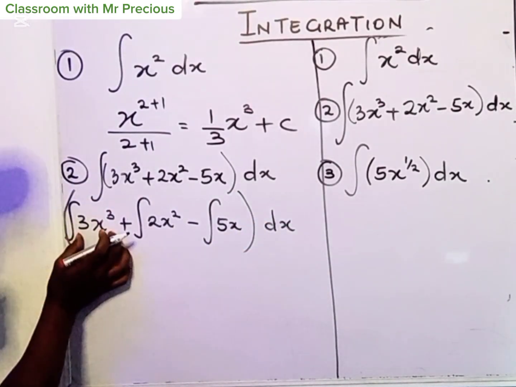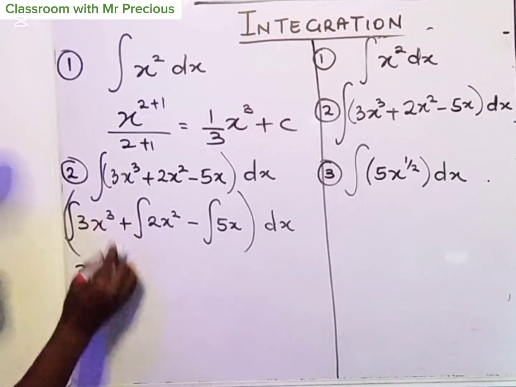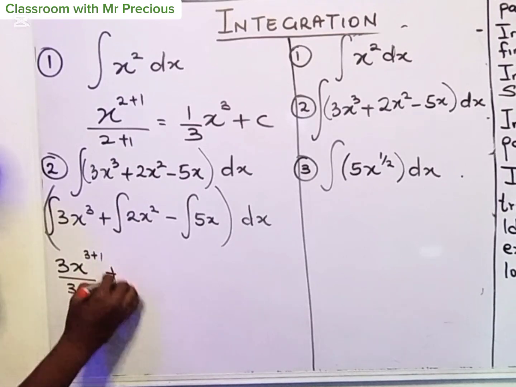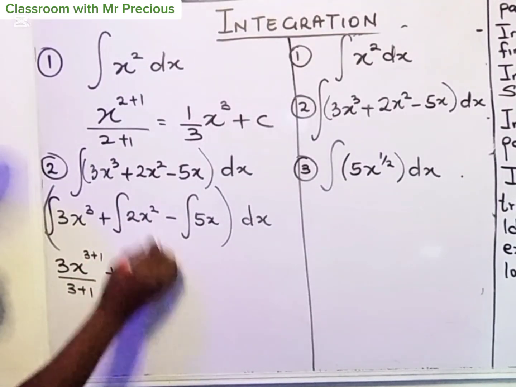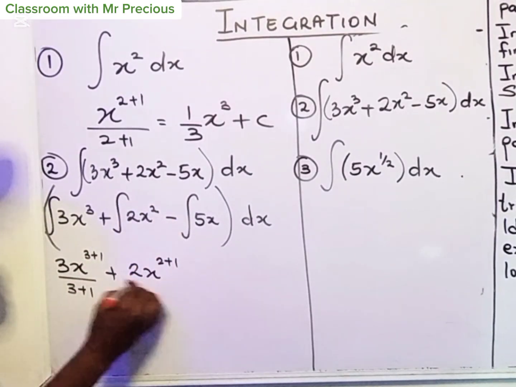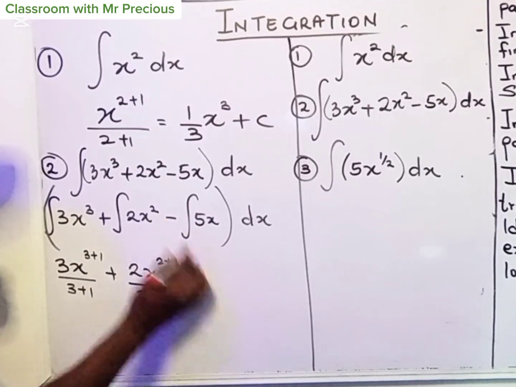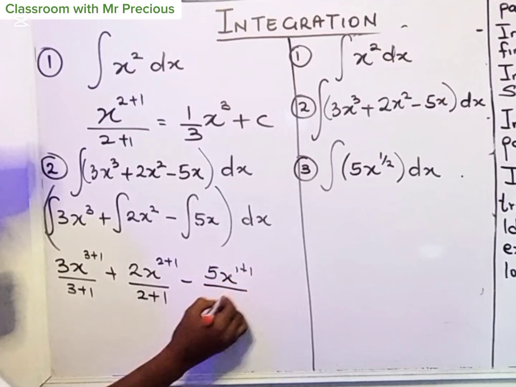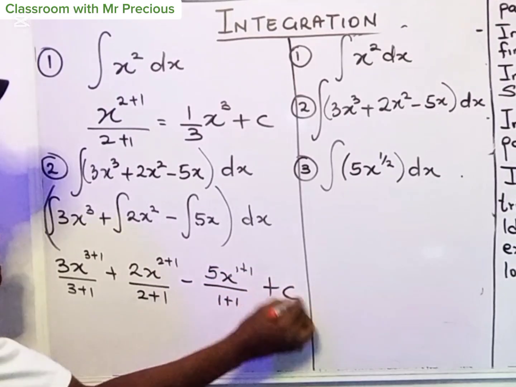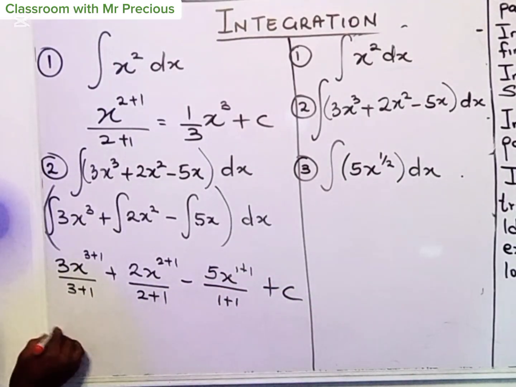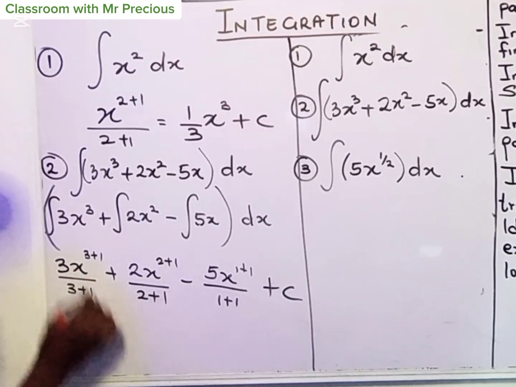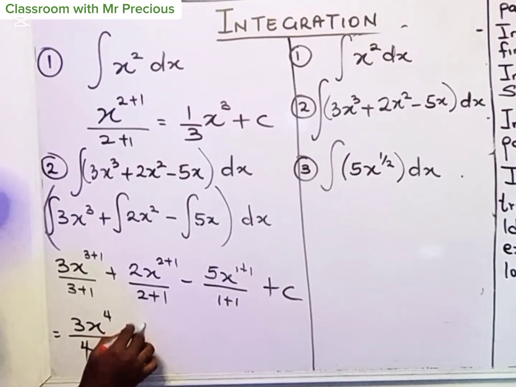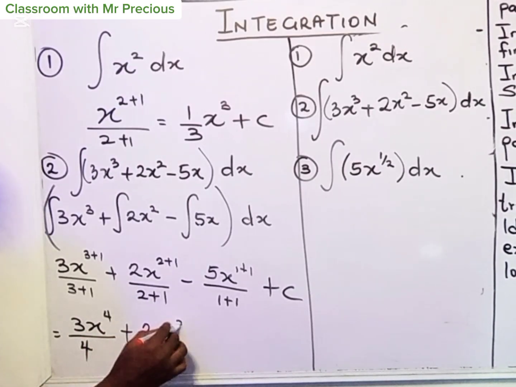All right, so let's do this one first. We have 3x cubed. So what's the power here? 3 plus 1 all over 3 plus 1. Then we'll do that for here as well. 2x squared. What's the power here? 2, you add 1 all over 2 plus 1. Then we have minus 5x. What do we do? 1 plus 1 all over 1 plus 1. All of them plus c. Okay, so what do we have here? We have 3x raised to the power of 3 plus 1, which is 4, obviously, over 4. Then here we have plus 2 over 3x raised to the power of 3 minus